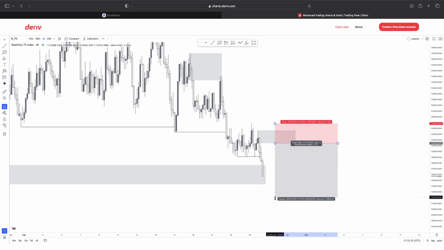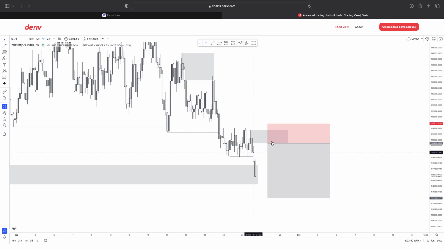it would have been a nice high probability trade, because you would have taken your trade from an institutional bearish order block. Why? Because it meets the minimum requirements. The minimum requirement is that that order block should lead to what? To a breakout structure. So as you can see, we do have a breakout structure. Now all that's left is for us to know whether that particular order block rests above the 50% level,